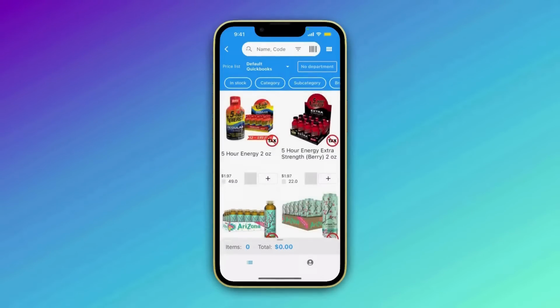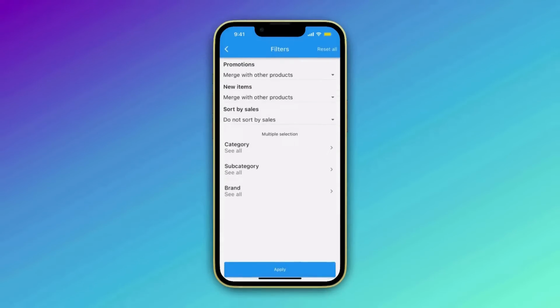Tapping the filter icon in the search bar allows for advanced filtering options that can help in presenting a stronger sales value. If promotions were previously created and assigned to the customer, reps can choose to only focus on those items, or highlight the offering by showing them first. If you're pushing any new items, those can be emphasized in the same way, by only showing new items, or